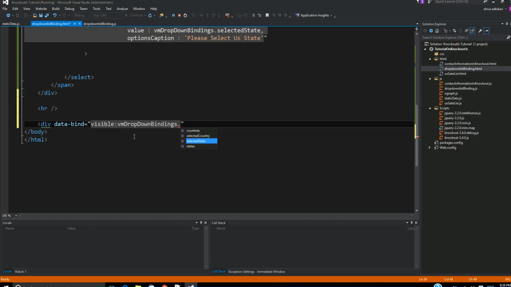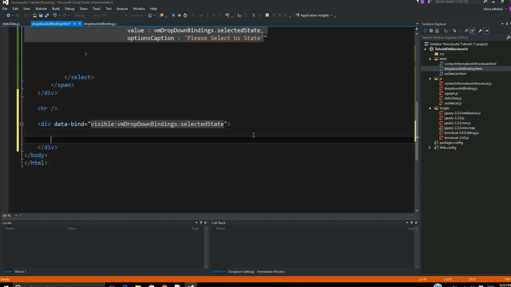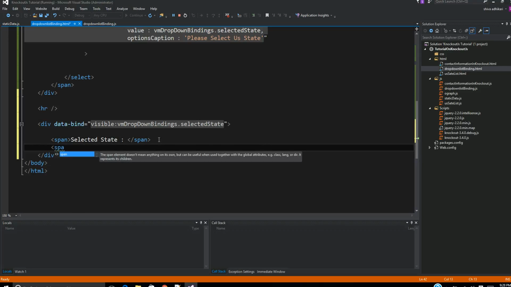If the state is selected, then we would like to have this div section to be visible, otherwise not to be visible. Okay, so that's what we're going to do, and let's have a span tag here and say selected state. And to this, we're going to do data-bind. The text property of this span tag, we're going to bind with our